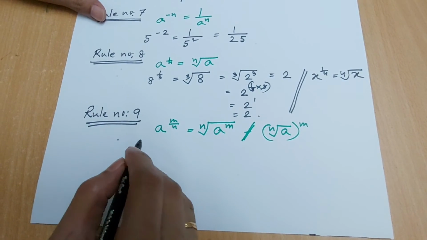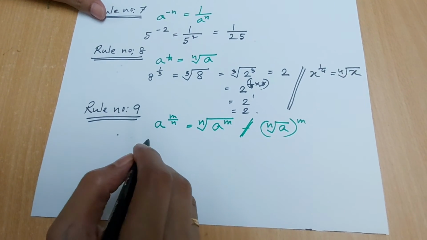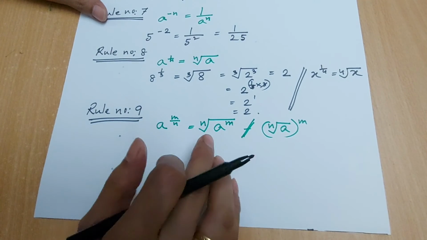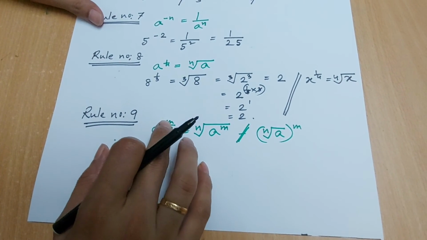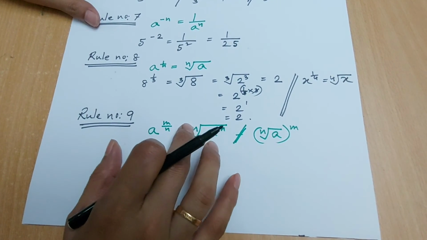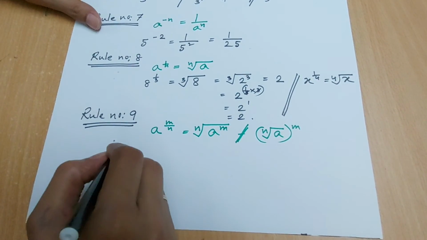So rule number 9 means, if a base has a power and that is a fraction, then the numerator is the power and the denominator will make the root. For example,